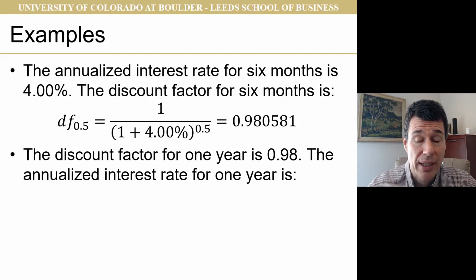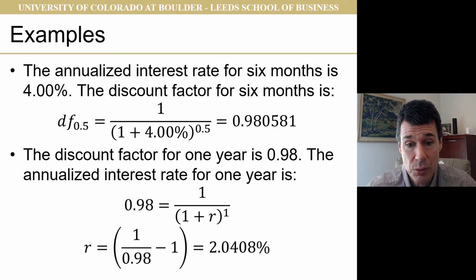If we know a discount factor, say 0.98 for 1 year, we can find the annualized interest rate by inverting this formula. We do a little bit of work, and we can find R equals 2.0408. Now, let's look at the second calculation for a second. This is a discount factor for a year. And we can see to end up with a dollar in a year, we have to earn about 2 cents. 2 cents on a dollar is about 2%. Or 2 cents on a dollar is exactly 2%. So the interest rate is about 2%,